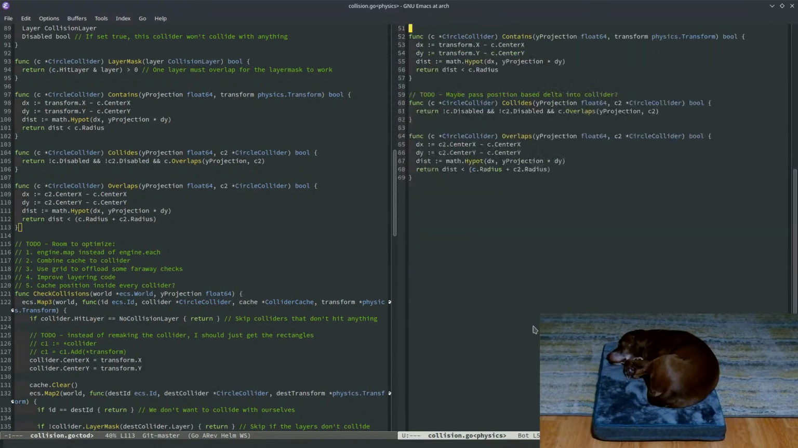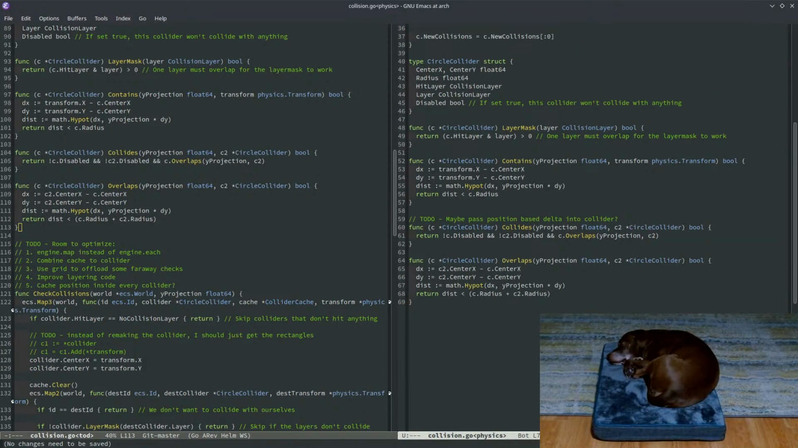I think that's good. I think that's a fine interface. All right, now we can go look at,